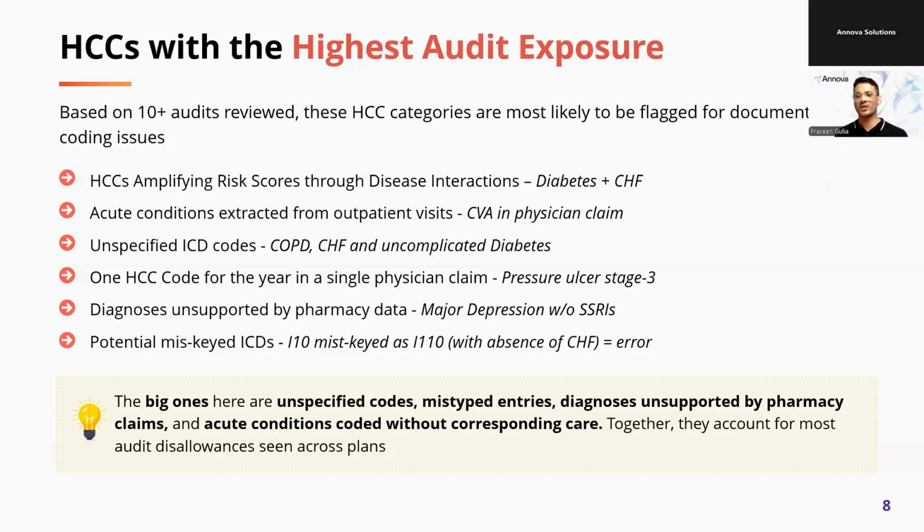And at the same time, even if you are doing some internal checks, it can be a challenge to identify these conditions. Conditions which are miskeyed, or when a coder is just typing the codes, they might make a mistake. I've taken one example here, but it is a fairly big focus for OIG, that the conditions which are miskeyed, for example, this I10 is hypertension, you all know I10 is hypertension, and I11 is hypertension with heart failure. It is quite possible, it is seen fairly frequently that coders do get confused between the I and 1, and they might end up typing I11 instead of I10, which